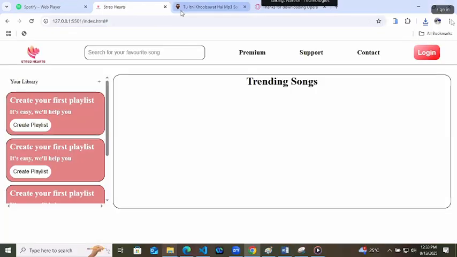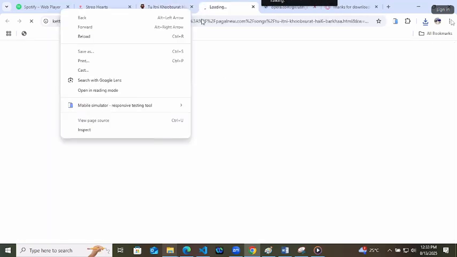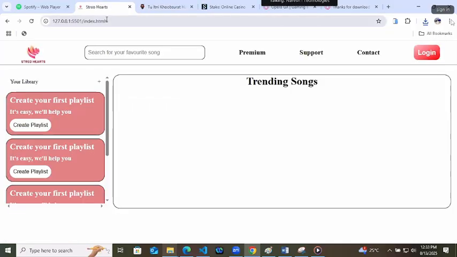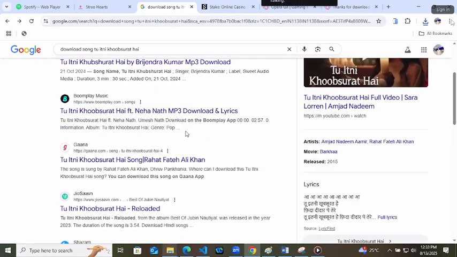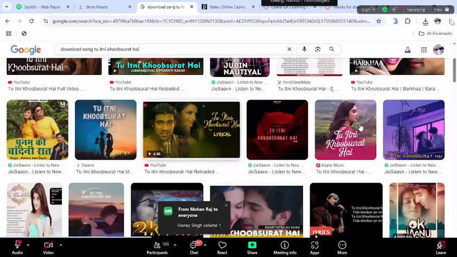And you also need to download the cover picture, right? What you have to download is the cover picture of the song. And all the pictures should be downloaded in the same way.